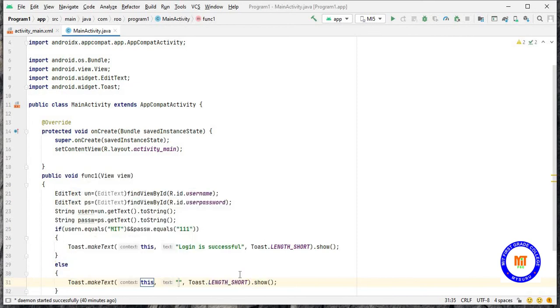Else I have to display the message, please enter correct username and password.